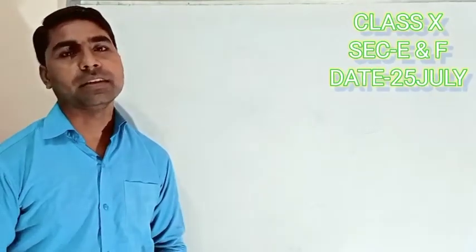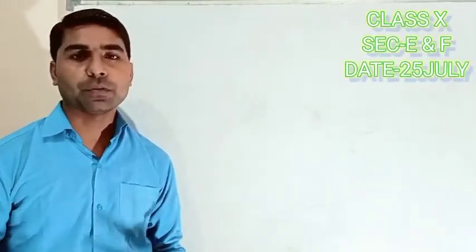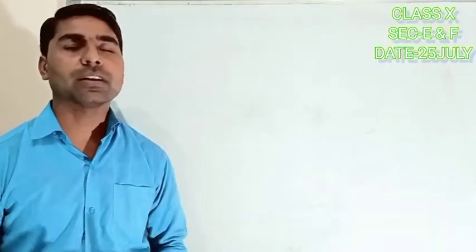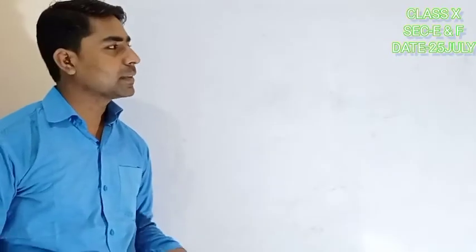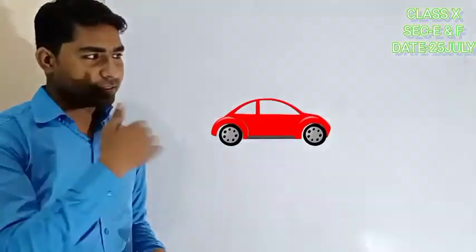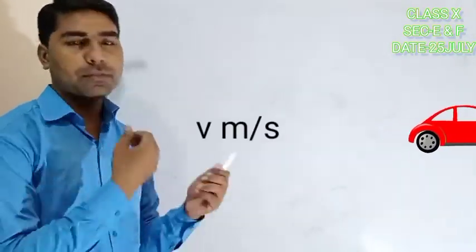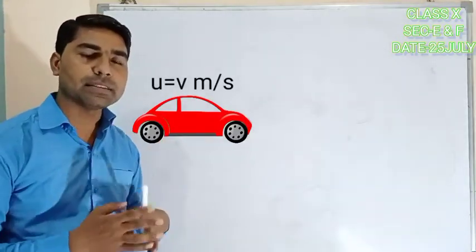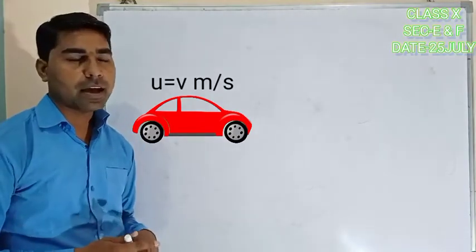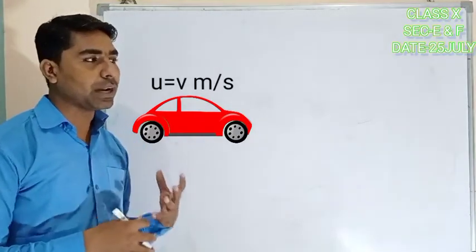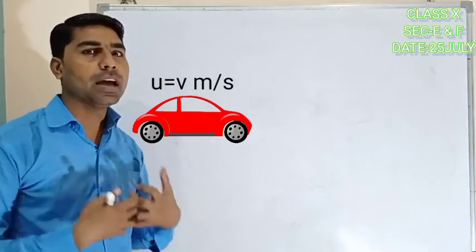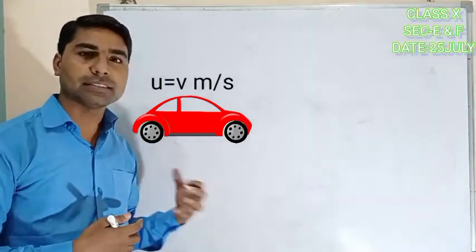What is kinetic energy? The energy of a body by virtue of its motion. Energy possessed by a body by virtue of its motion is called kinetic energy. For that, consider this car. This car is moving with, suppose, initial velocity v, and since it is moving, it means this car has energy. So let's stop this car and remove its energy. I'm going to stop this car to remove whatever energy is in it.